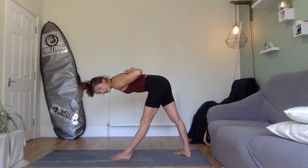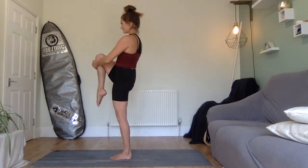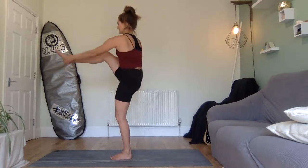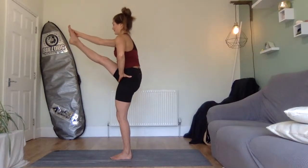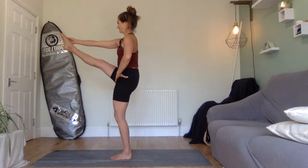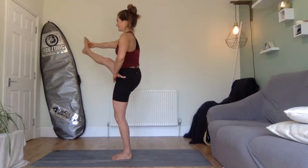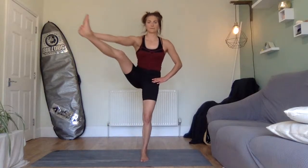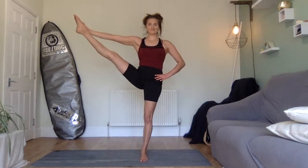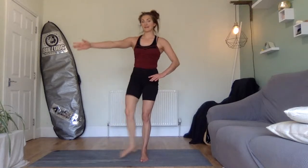Inhale up to a half fold. Exhale, bend that front knee, sweep that back foot through, hold the knee. Draw the shoulders away from the ears, engage through the legs. And again, option here to take the foot. Option here to chin to shin. Whatever feels good for you. When you're ready, again, bringing it out to the side. Whoosh. And then back to center and taking it back